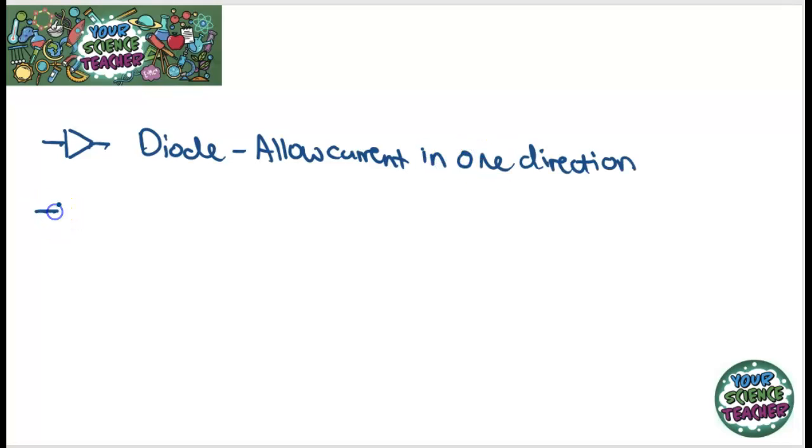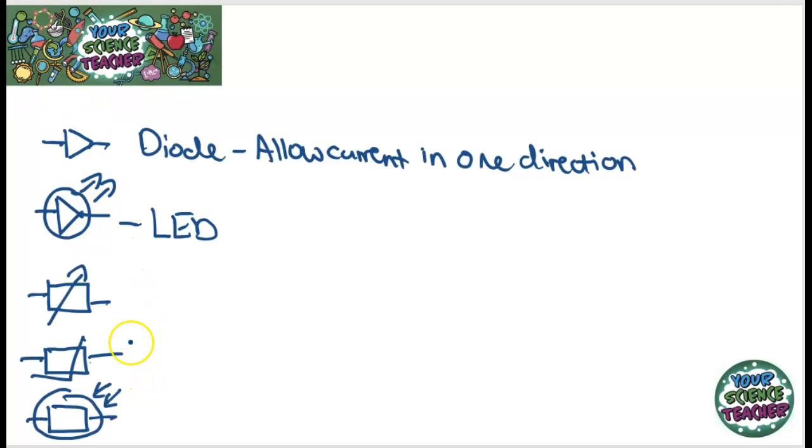It's a diode. And what happens with a diode is it only allows current to flow in one direction. Not the band, of course, we're still talking about electricity. As well as a diode, if you put a circle around that diode and you do a couple of arrows going away from it, that shows that it is a light emitting diode. And you've probably seen LED lights before. That's all that means.